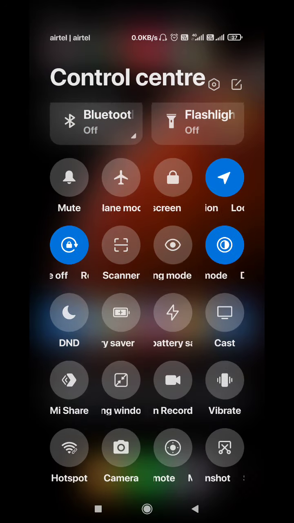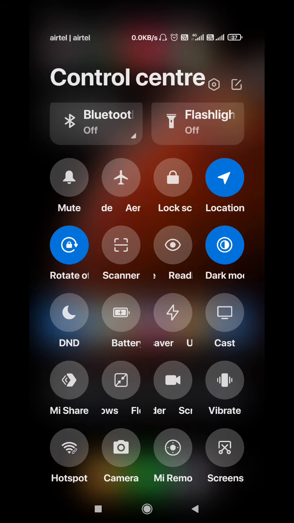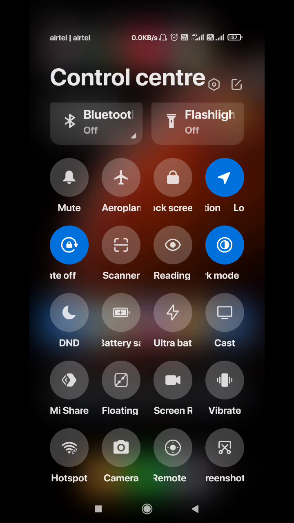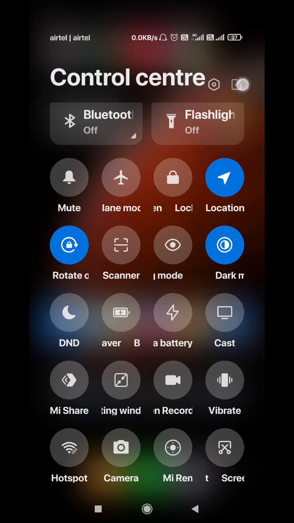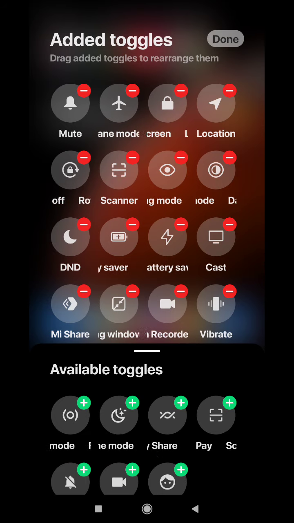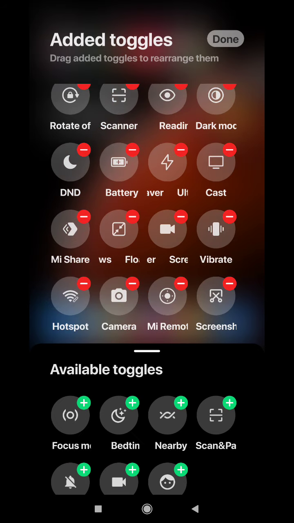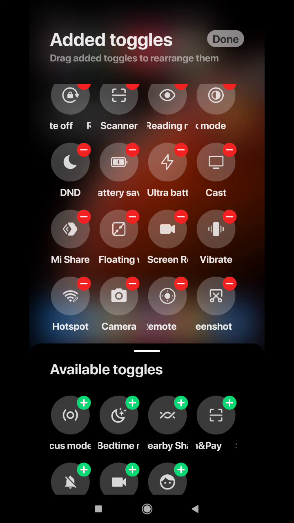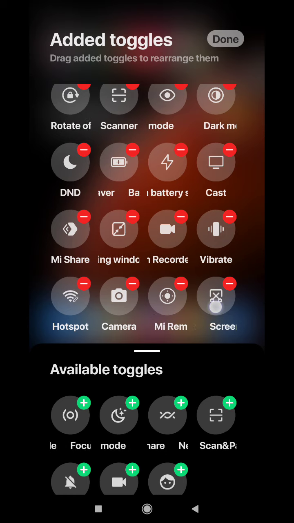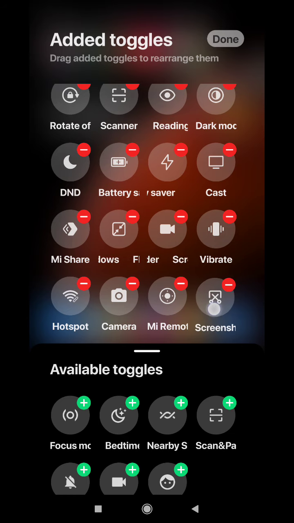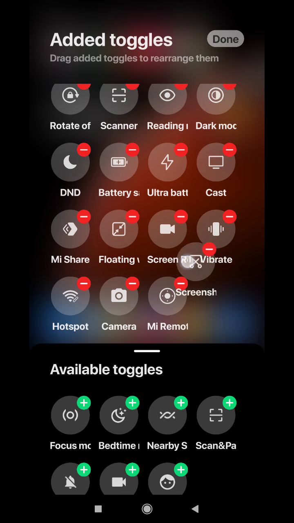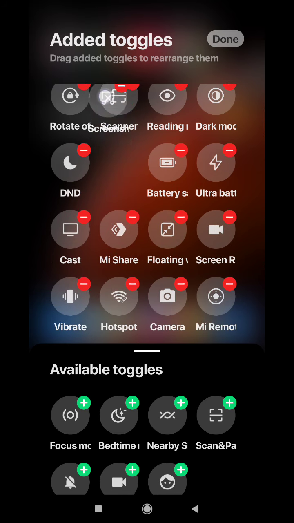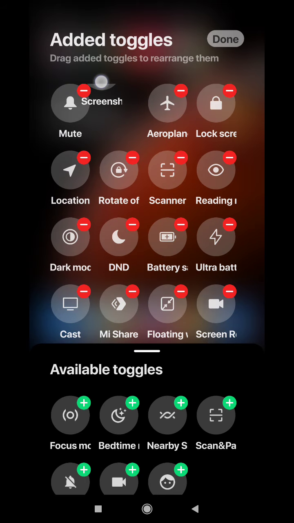here, take a screenshot. But if you want it to be on the top, you can also arrange it very easily. Just click the edit, and suppose this screenshot icon, just hold that particular icon. Now you will be able to drag and drop, just move, and wherever you want to keep it and position it, you can situate it at that place.